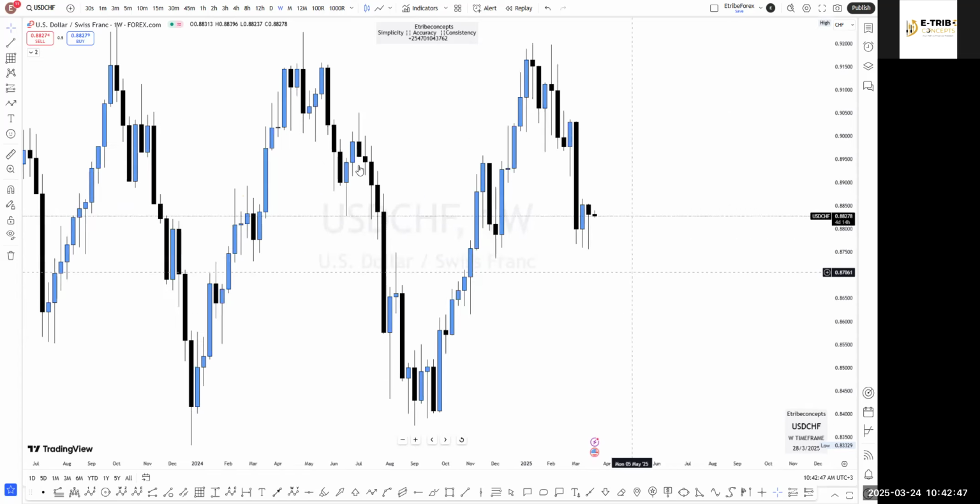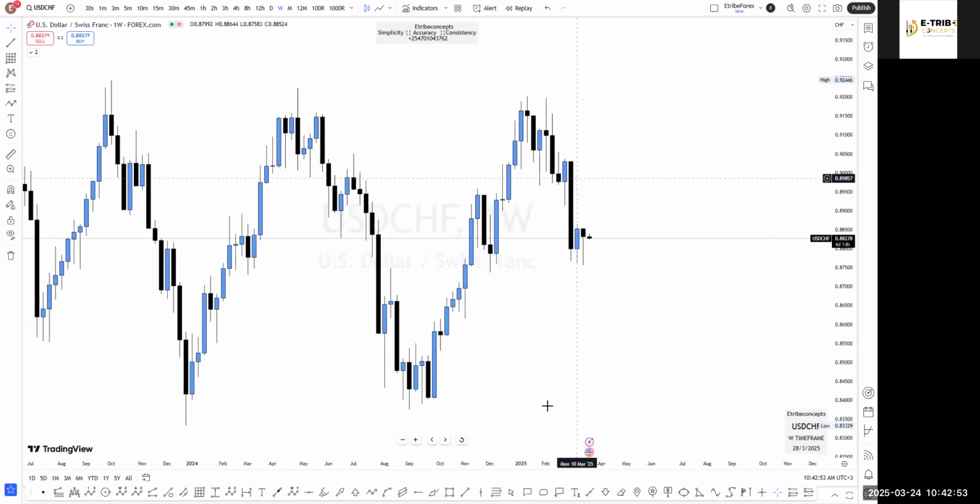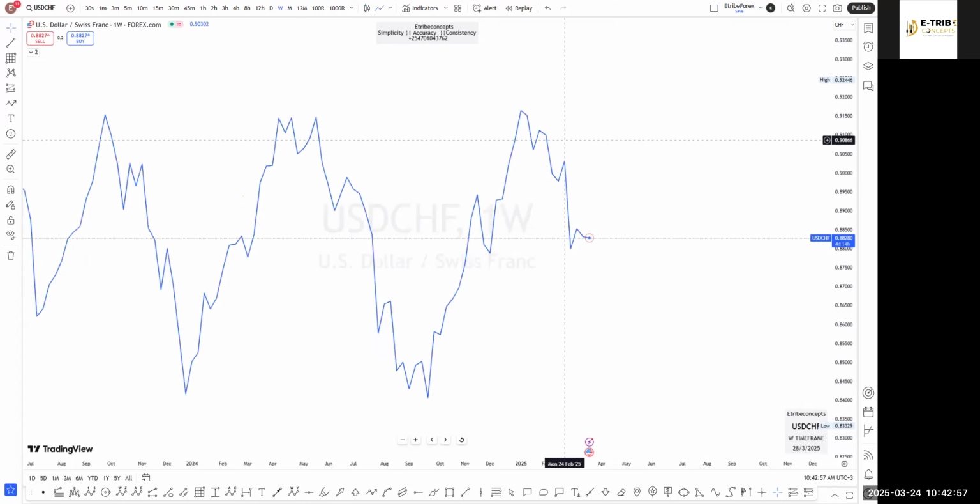From the downside, you're very bullish. But if you look at the recent structure that we have, which is this one,